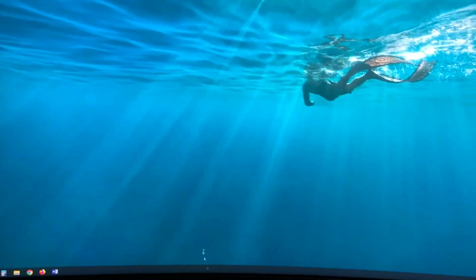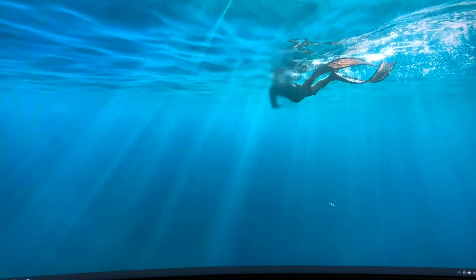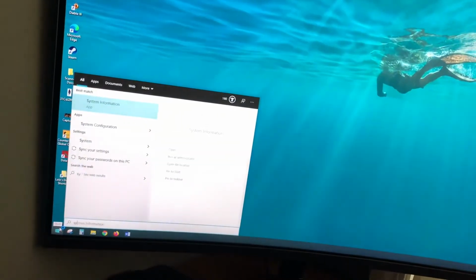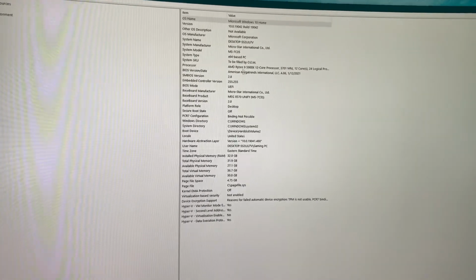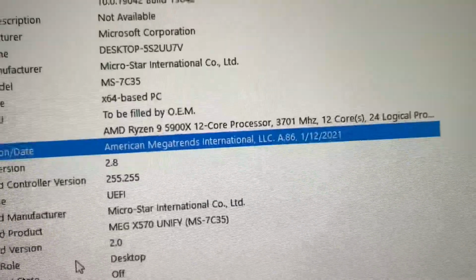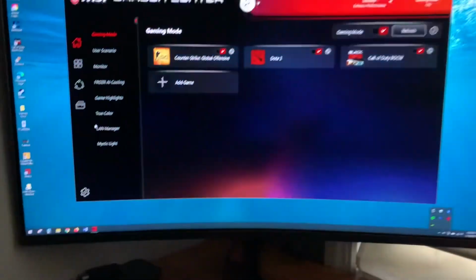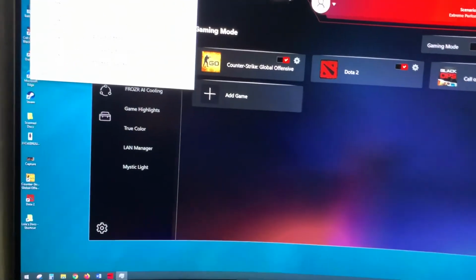Now let's see. My BIOS version, I think I get that in system information, right? Yeah, right here. So the BIOS updated. So now the next step will be to test to make sure I can get the RAM to work. Let me see, task manager, performance, memory. So it's still...